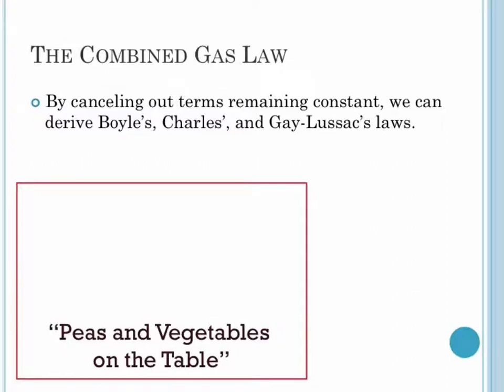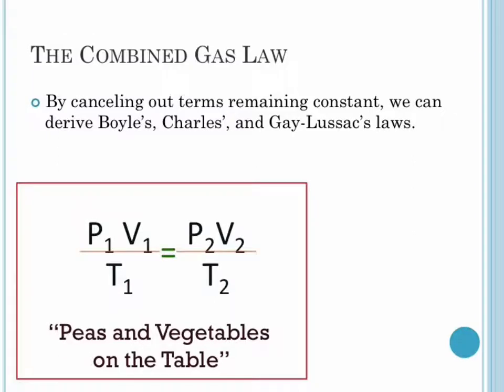So what we say are peas and vegetables on the table. P1V1 over T1. Oh, on the back page? Yeah. So peas and vegetables on the table. So if we look